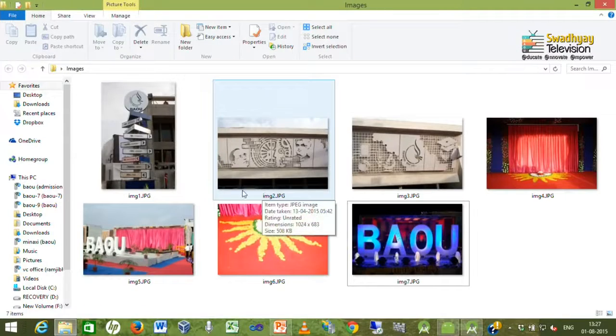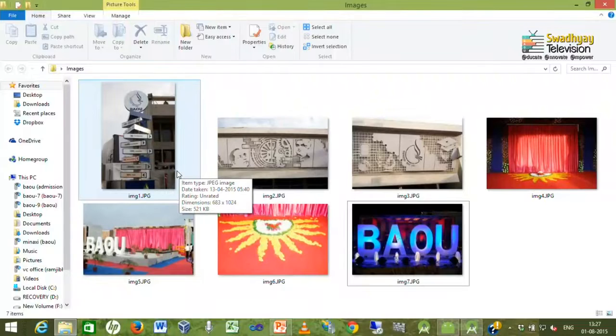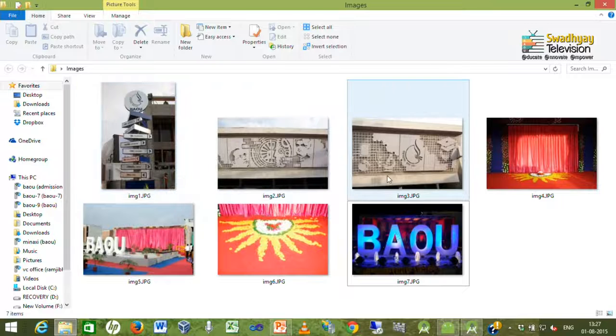On screen you can see the list of images that we want to display inside our image view. Here all image names are in lower case, like img1, img2, img3 and img4 and so on.